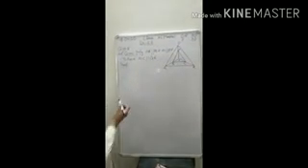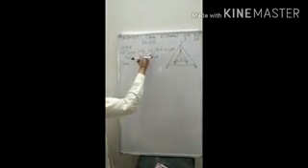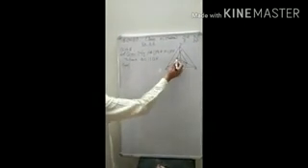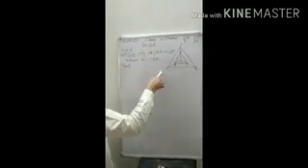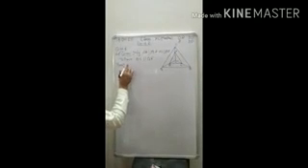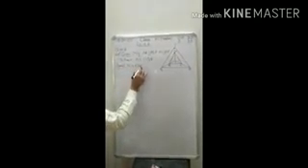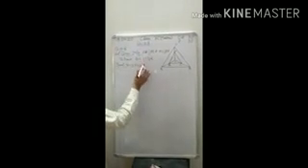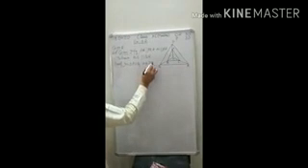Here AB is parallel to PQ. So you have to pick that triangle which contains AB and PQ. These two lines are in triangle POQ. So first of all, in triangle POQ, write the given: AB is parallel to PQ.